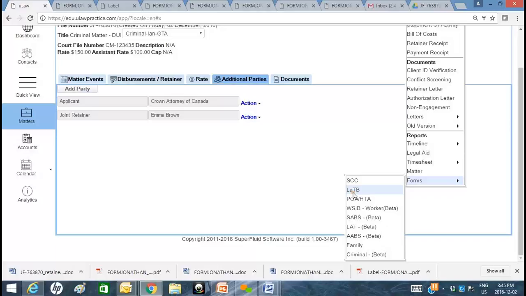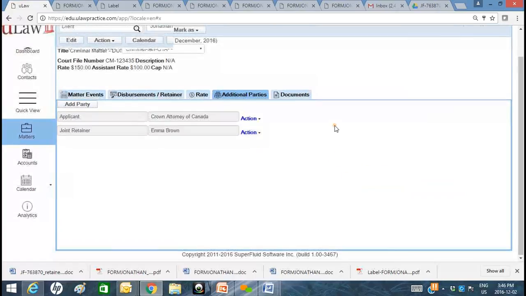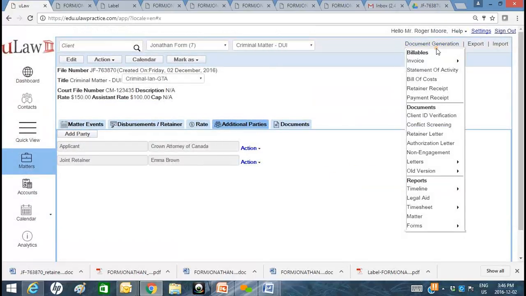As I said, as our roadmap, we're looking to obviously bring in calculations for, let's say, family law. But at this time, most of the repetitive information that you hand fill, which many of our clients have to do on a daily basis, that precious time is saved by you just generating those forms right out of uLaw. So we looked at those different court forms, different formats, and also ensuring it's the current format. And then we looked at various letters that you would have to generate as part of your business, as part of a legal professional, for your client,